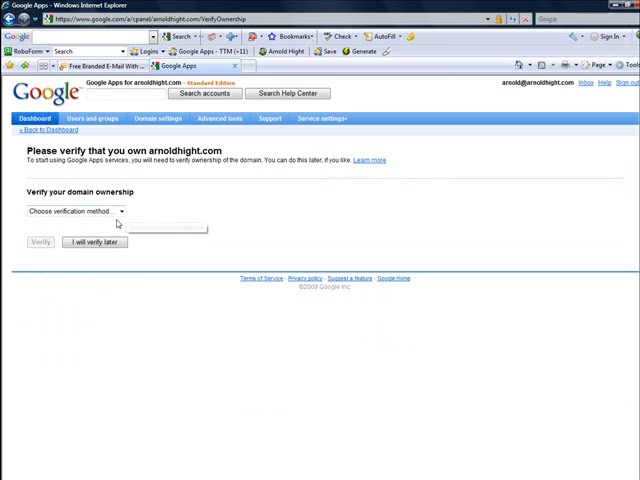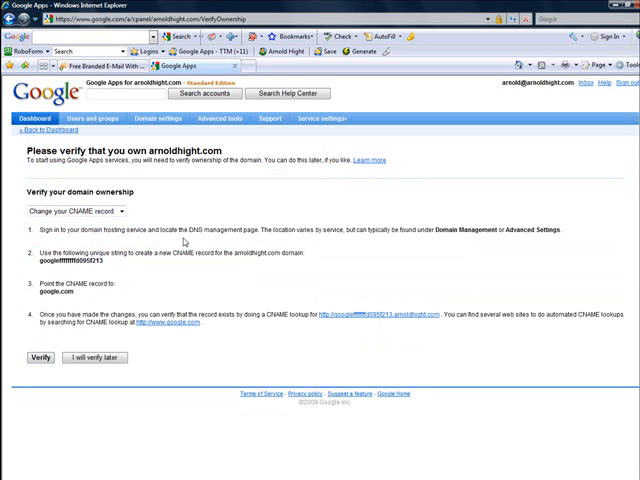it will ask you, how do you want to verify? Well, we don't really have a FTP site or any place they can upload a file, so we're just going to go ahead and change our CNAME record. And this is where I will show you how to go back to GoDaddy.com